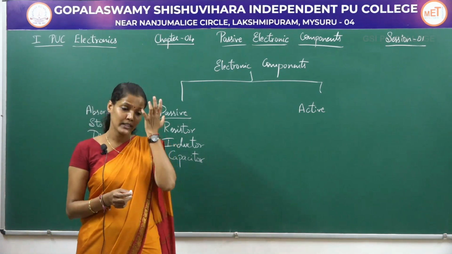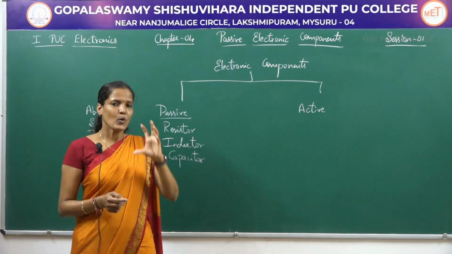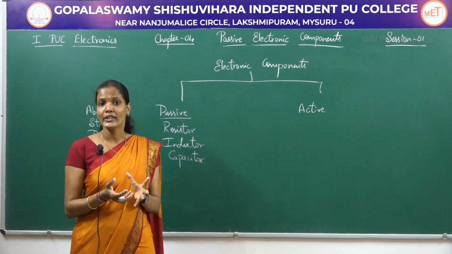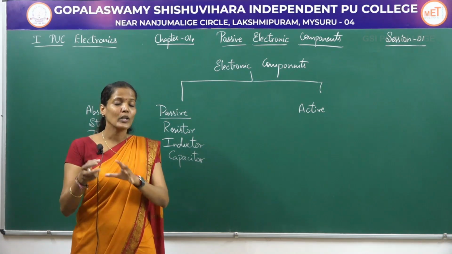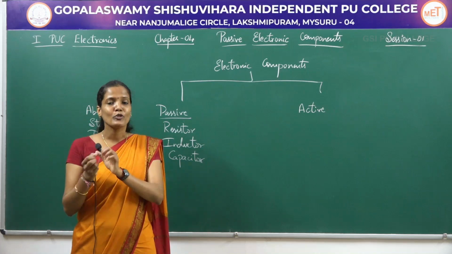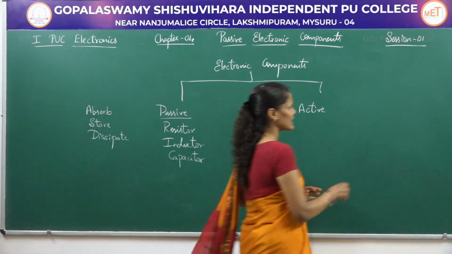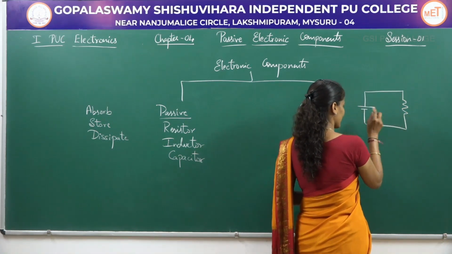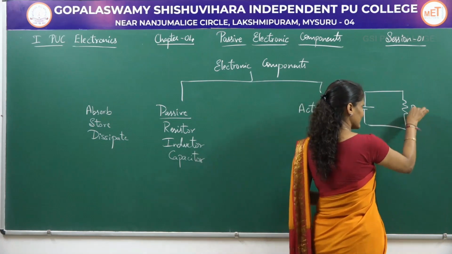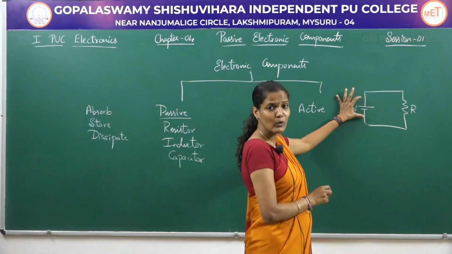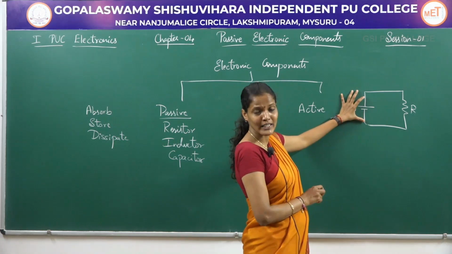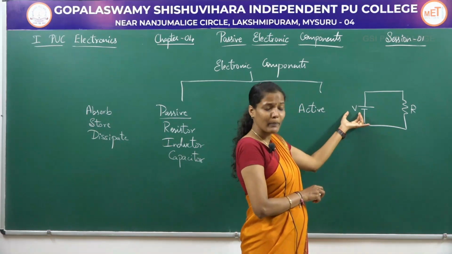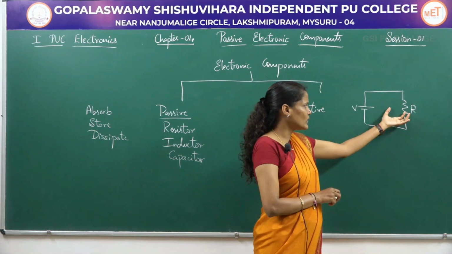In our second chapter, that is principles of electricity, we have seen that whenever a source and the resistors are connected, whatever the voltage we are going to apply with the help of the source, that will be dropped or consumed by the resistors. If I am going to consider a simple example, this is a voltage source and I am having a single resistor. So let us consider this as the V and this as the resistor R. So whatever the voltage I am applying with the help of this voltage source, that voltage will be dropped across this resistor. So if I am going to apply 10 volts, all of the 10 volts will be dropped